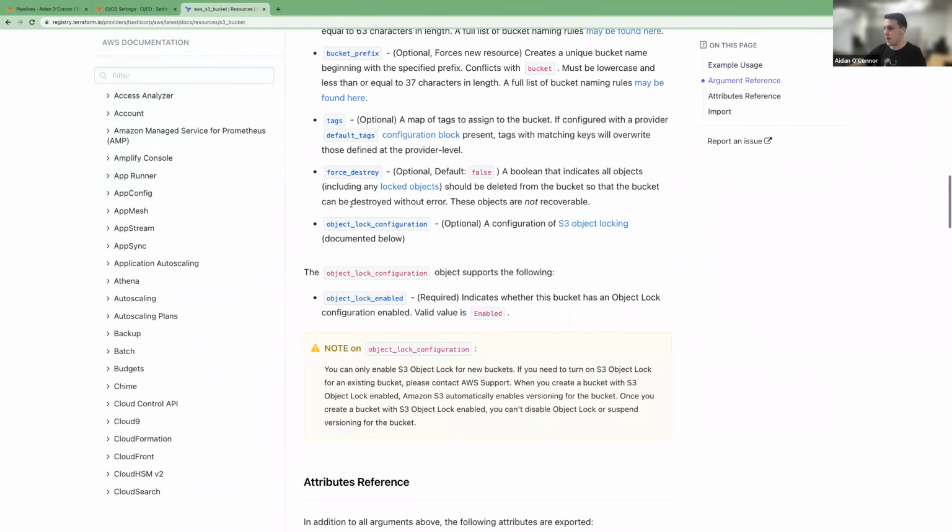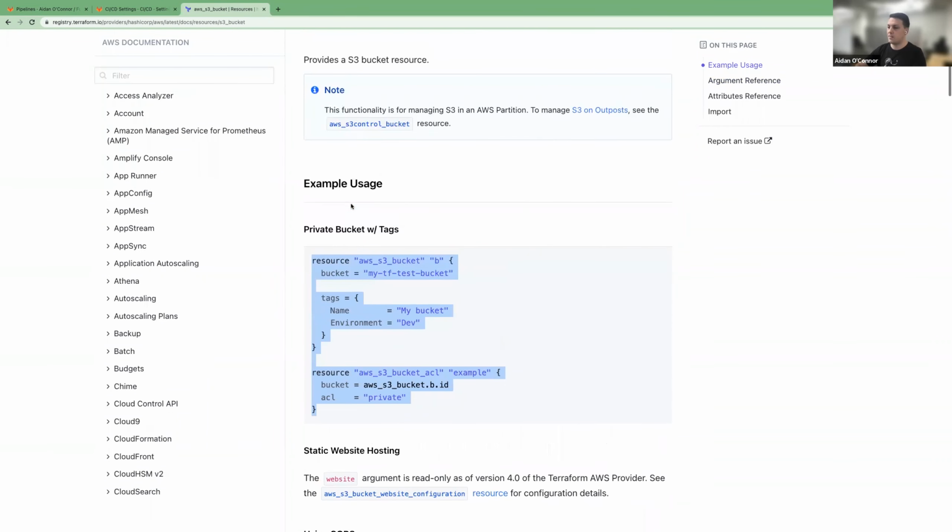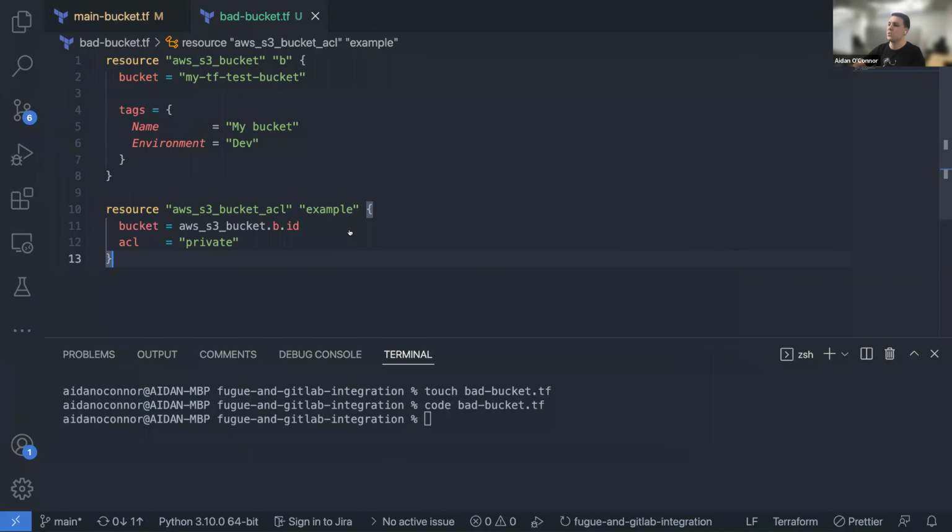You have a bunch of different options, but as with all documentation, they're going to feed you the simplest form of what you can do based on this example usage. So it's an S3 bucket. You've got a couple tags, and then it's got an access control list. It's private. So if you're brand new and someone asks you to stand up an S3 bucket, this might look okay to you. So let's,